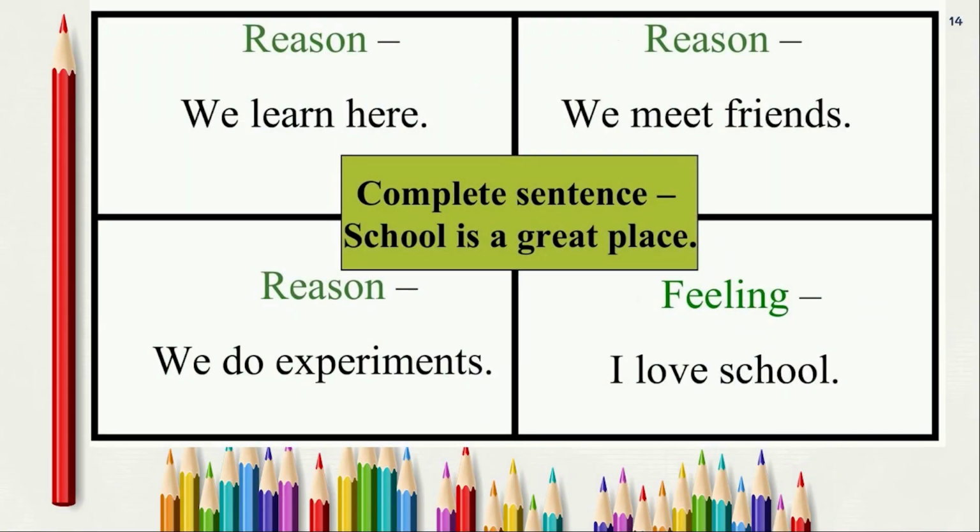Let's look at some examples. A complete sentence of a topic is, school is a great place. Now, let's go on to first square. Why do you go to school? We learn here. The second square, why, we need a little bit more detailing, so we can write, we meet